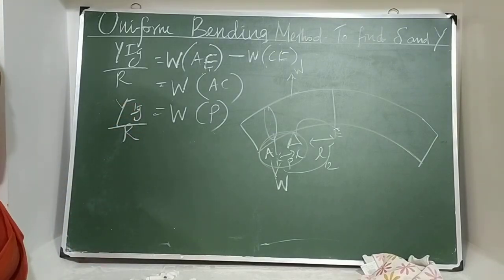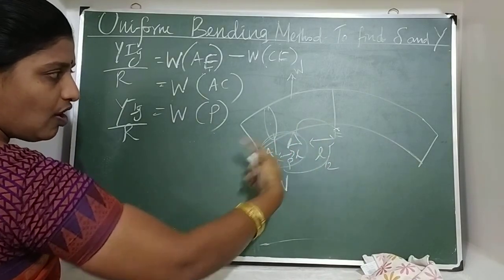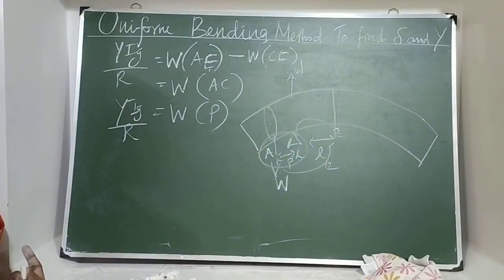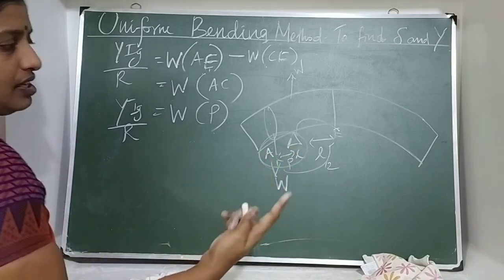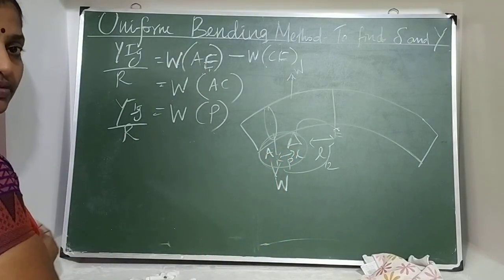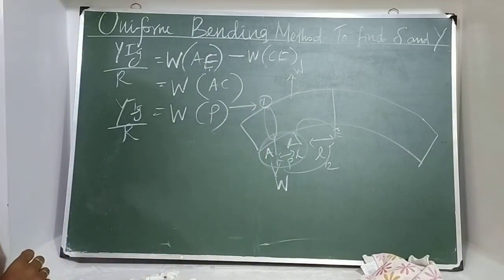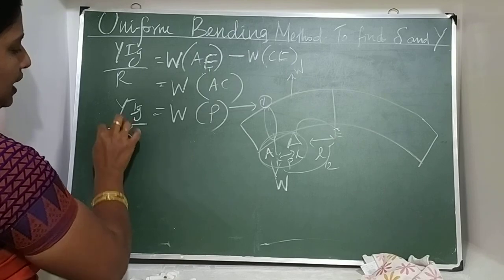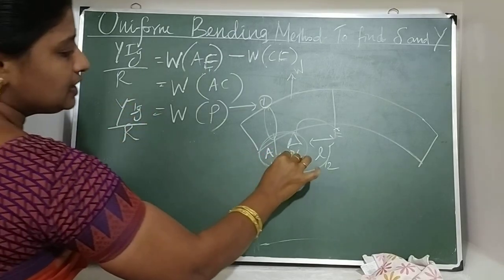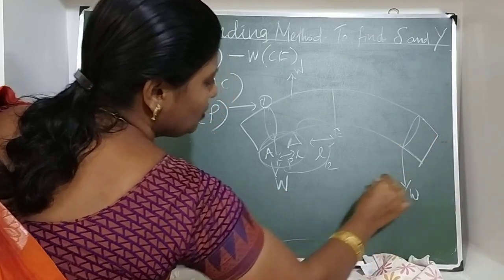Okay, friends. Again, I am explaining this. Thoroughly you have to identify the area that is changing. This equation you have to consider as equation 1, and then identify the bending moment. This is the radius of curvature. On this side, a weight hanger, you have to apply the W load.